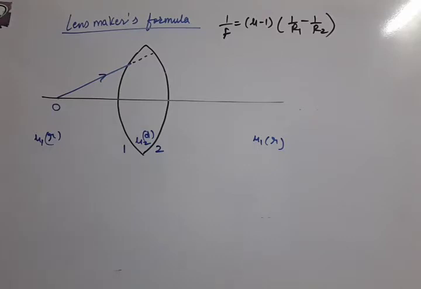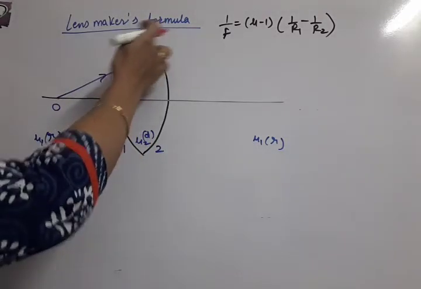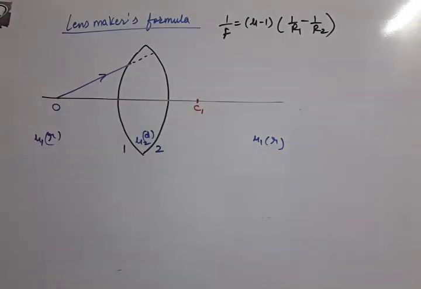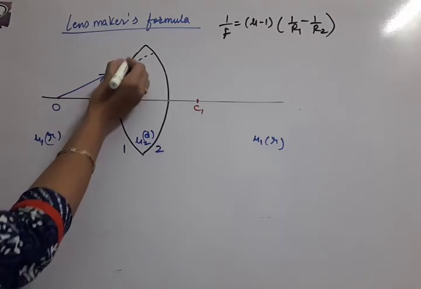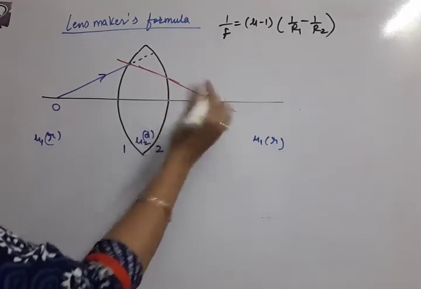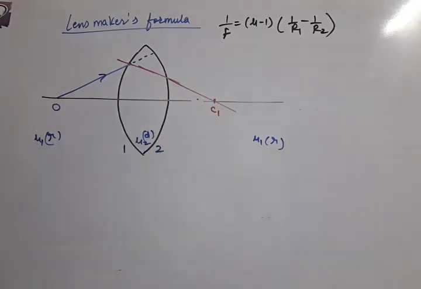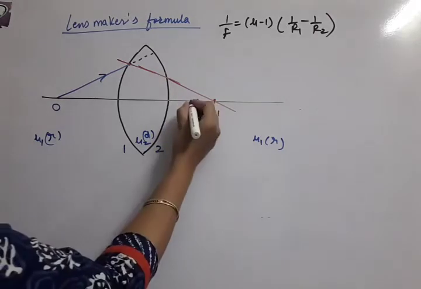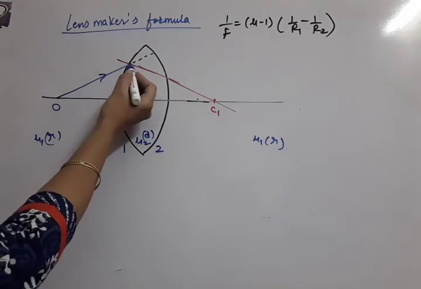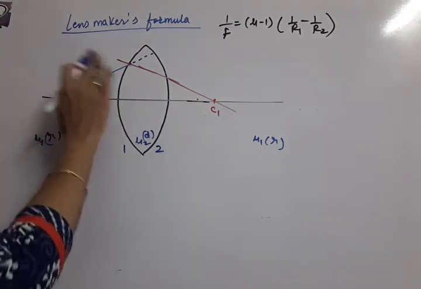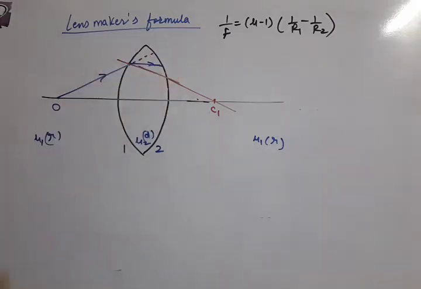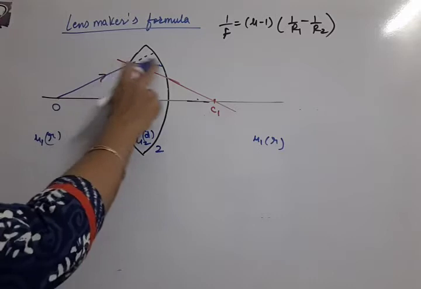where it will bend. So because the first surface is a convex surface, its center of curvature will be here somewhere. We will call its first center of curvature C1. The normal for this surface will be passing through this center of curvature. Okay. Now this line is normal. Now where will our original ray go? Because we are entering from rarer to denser medium, it should turn towards the normal. So this way it will turn towards the normal. Okay, this will be the bent ray.